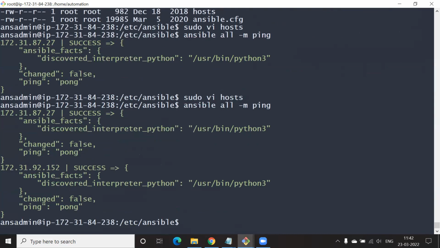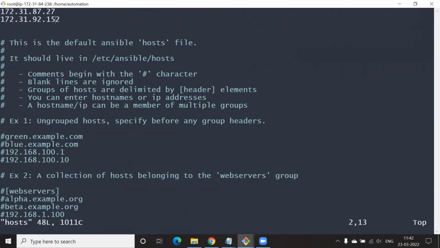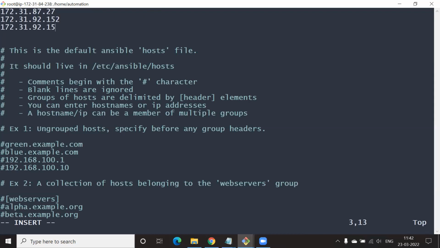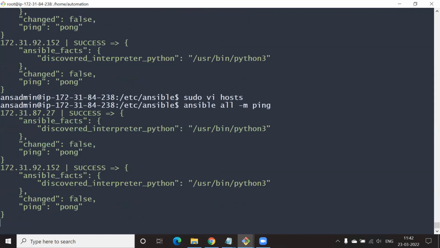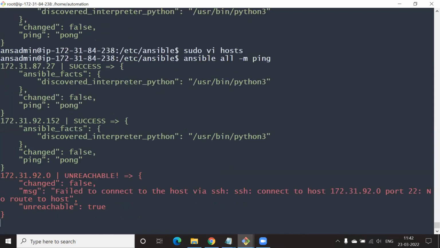Just for the sake of discipline, go ahead and put a dummy IP address as a third line in the host file. Yeah, it is unreachable.